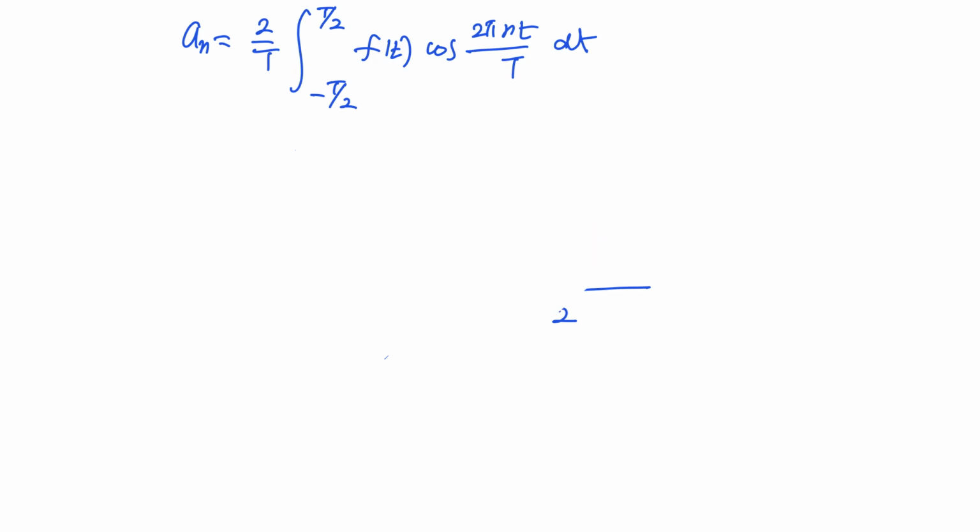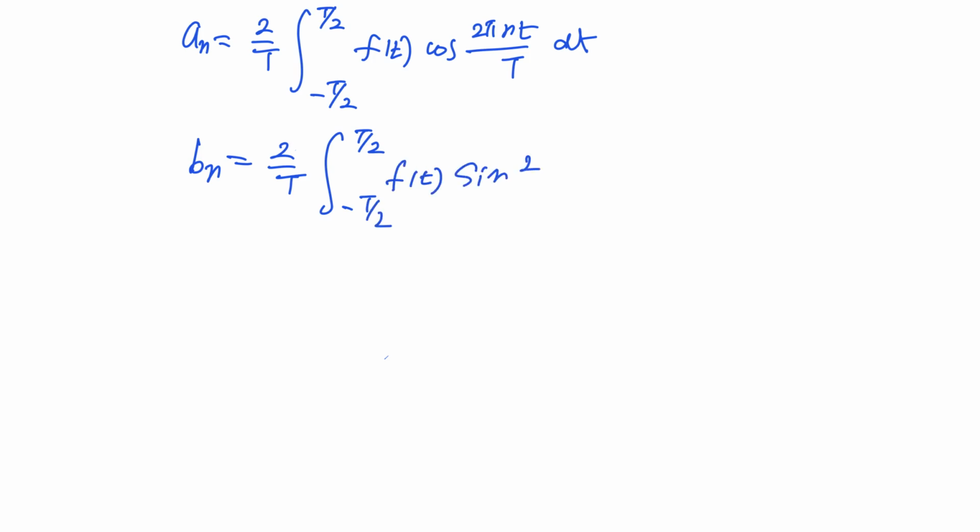Actually I don't have to calculate this at this moment. Bn is 2 over T, integral from minus T over 2 to T over 2 of f(t) sine 2 pi n t over T dt, and f(t) can be written as a0